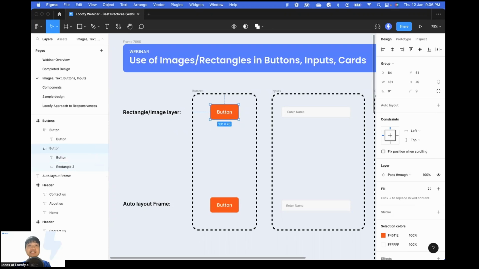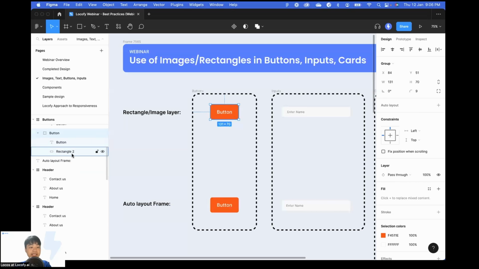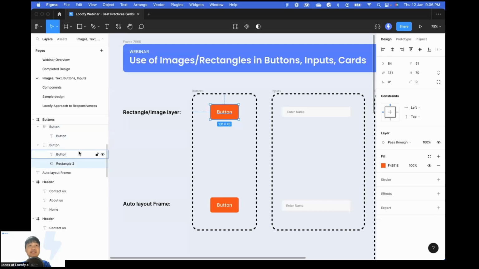Now, the first thing we want to consider is, is this rectangle actually supposed to be a rectangle, or is this kind of a container? In this case, you might intuitively think that as a button, this orange background here is actually the container for the text inside,